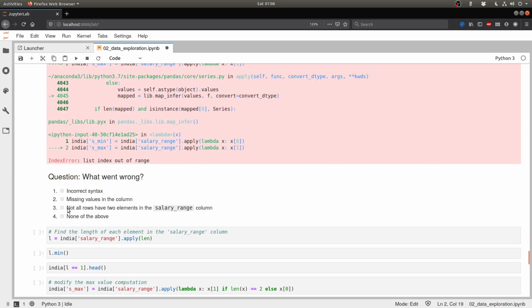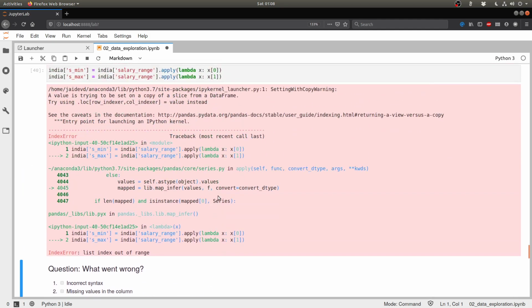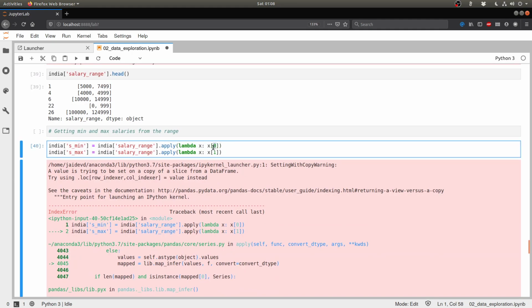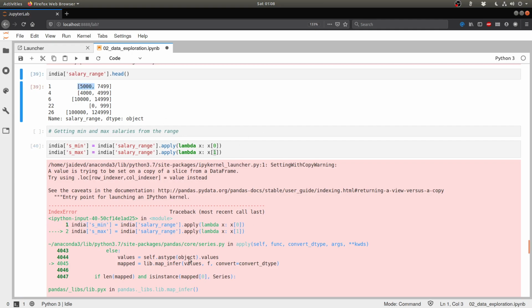Then the third option is that not all rows have two elements in the salary range column. In order for this lambda to work, I need the 0th element as well as the first element. And if you look at this error carefully, you see that it has failed at the second part. That's what the arrow is showing. So the first part ran perfectly fine, which means that after the split is done, it is able to find the 0th element all the time. But in some cases, it's not able to find the first element.